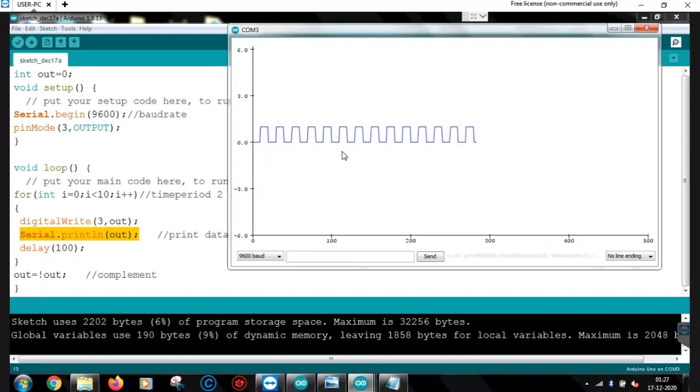But through this plot we cannot find out the time period or frequency of the square wave, because in the x-axis it is showing the number of communications made on the serial channel.